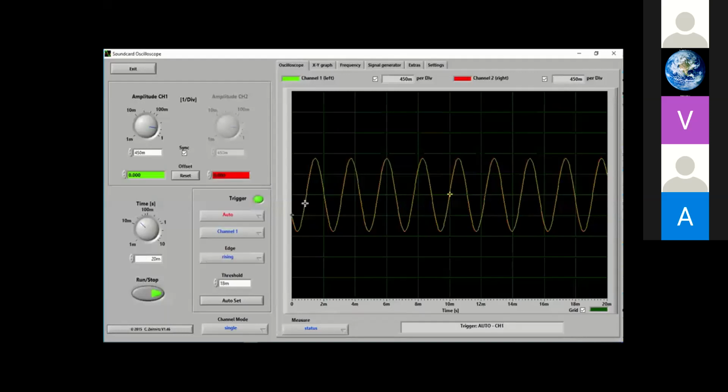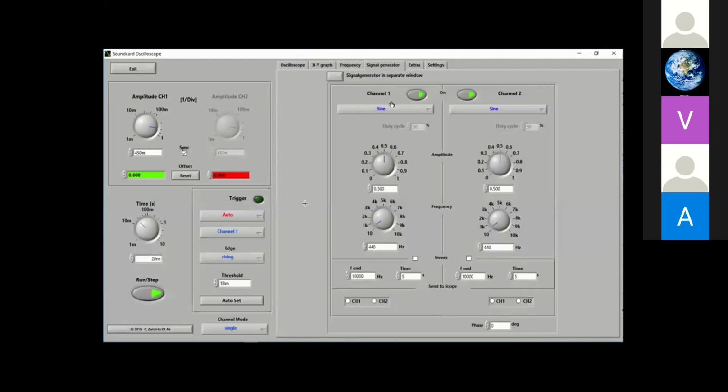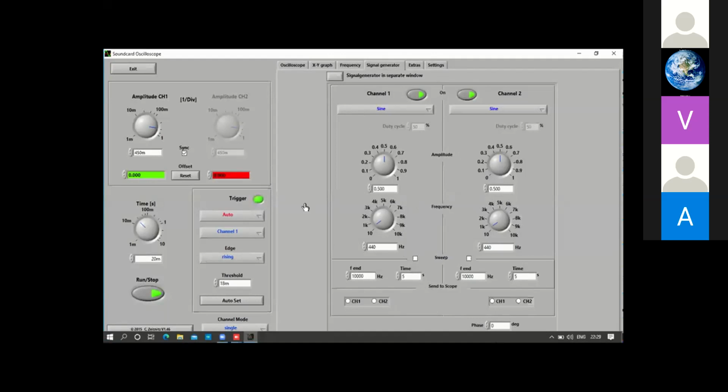Now, as you can see from this dialog box, both the channels, channel 1 and channel 2, have the same parameters: the same voltages, the same frequency, and they do not have any phase shifting between the two. So they are basically the same voltages.